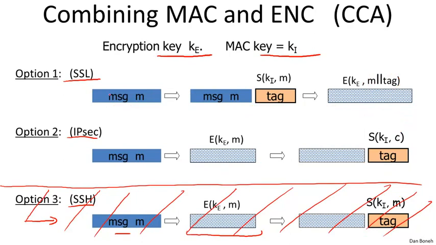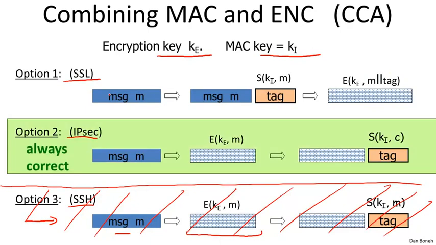As it turns out, the recommended method actually is the IPsec method because no matter what CPA secure system and MAC key you use, the combination is always going to provide authenticated encryption. Now let me very briefly explain why. Basically what happens is once we encrypt the message, the message contents are now hidden inside the ciphertext. And now when we compute a tag of the ciphertext, this tag locks the ciphertext and makes sure no one can produce a different ciphertext that would look valid. As a result, this approach ensures that any modifications to the ciphertext will be detected by the decryptor simply because the MAC isn't going to verify.